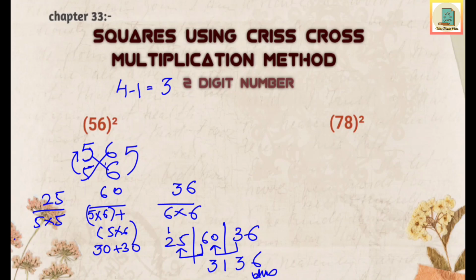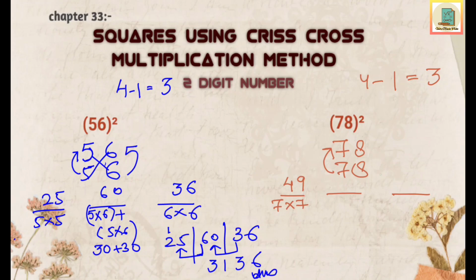Now let's find the square of 78. Here also the total number of digits is 4. So 4 minus 1 we get 3. So 3 is the number of partitions. So make partitions over here, 1, 2, 3. Now in the first partition we multiply the first 2 numbers, that is 7 multiplied by 7, which gives us 49. Now in the third partition we multiply the last 2 digits, that is 8 multiplied by 8,